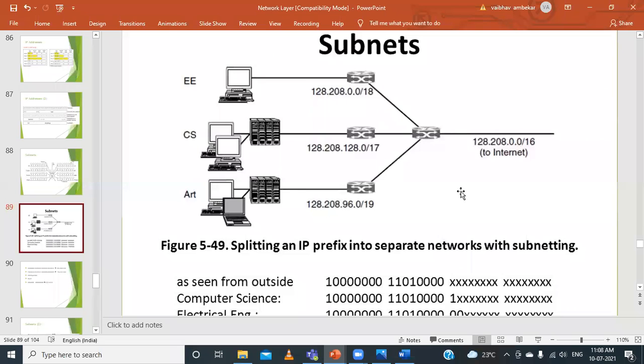That will depend on the subnet mask. You can do this for internal use as multiple networks, while still acting like a single network. So it can act like a single network to the outside world. For the outside world, only this router appears, which is actually connected to the internet. But within the organization, we can have further separate categories as well. This concept we call subnetting, and the networks that result from dividing up a larger network are called subnets.